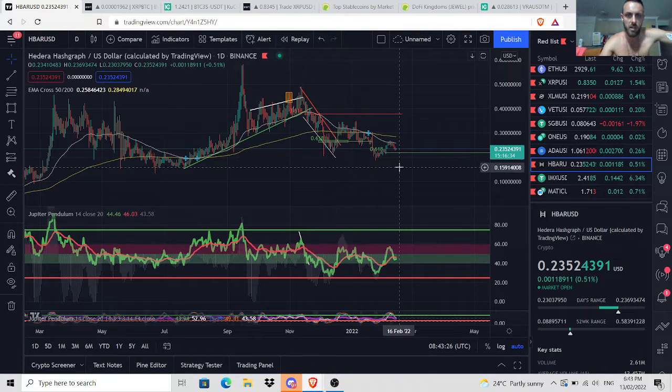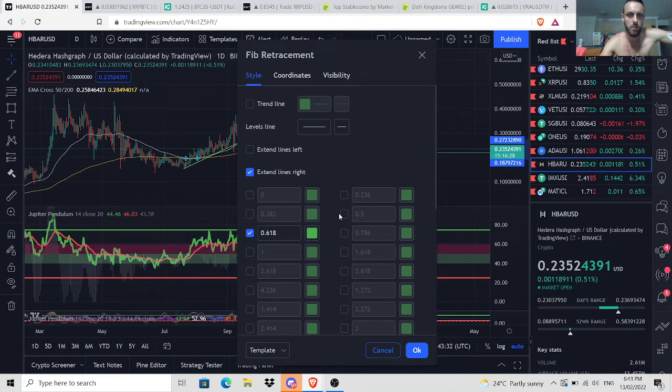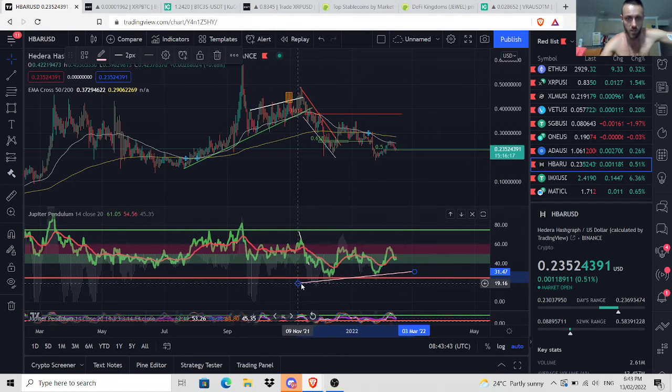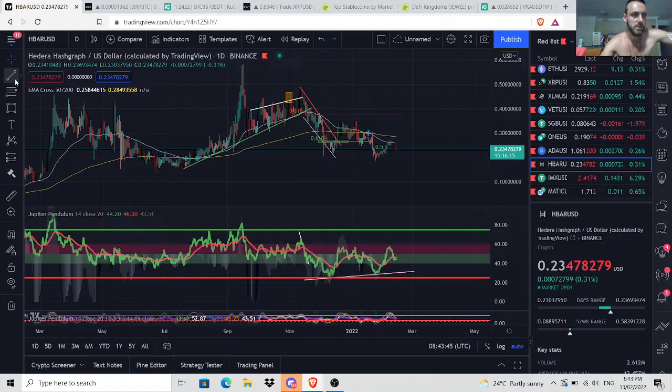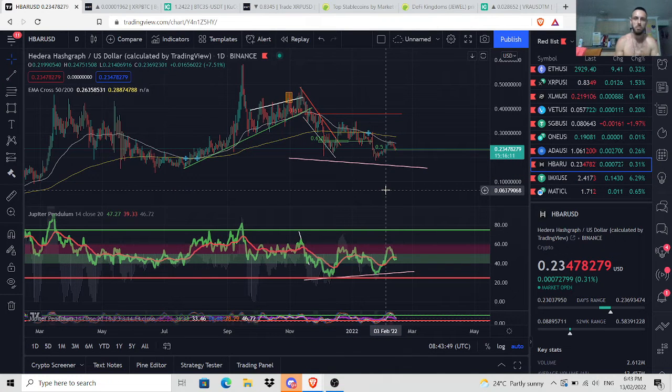We got a double bottom here. Okay, we're pulling back to about the 50. And the double bottom shows me the strength because on the RSI we're getting bullish divergence. There's the first low, and the next low is a higher low on the RSI, and on price it's a higher high. If you watch the last videos, you'll see the importance of that with Bitcoin